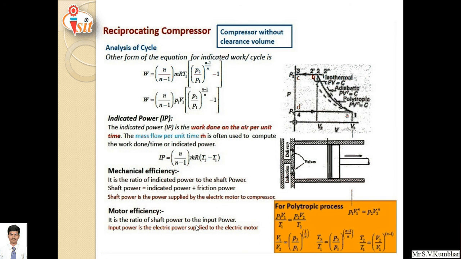Remember, shaft power is the power supplied by the electrical motor to the compressor during refrigeration, and motor efficiency is the ratio of shaft power to input power, that is electricity. Input power is in the form of electrical power supplied to the electrical motor. So this is all about the work required, which is supplied to